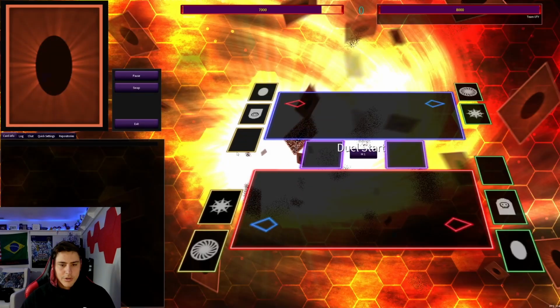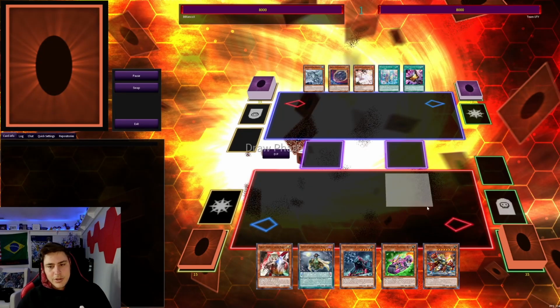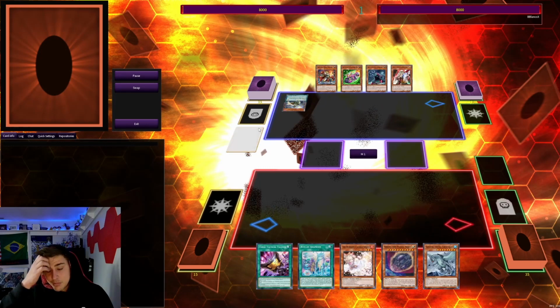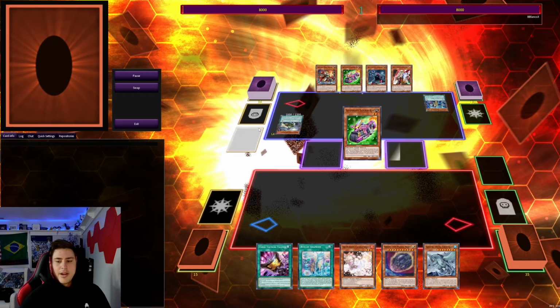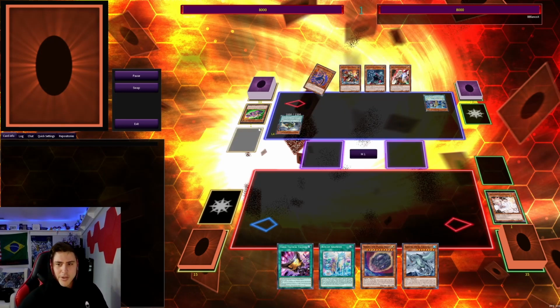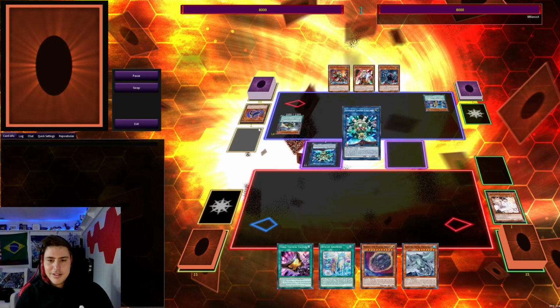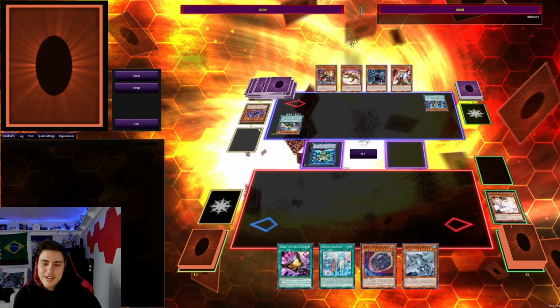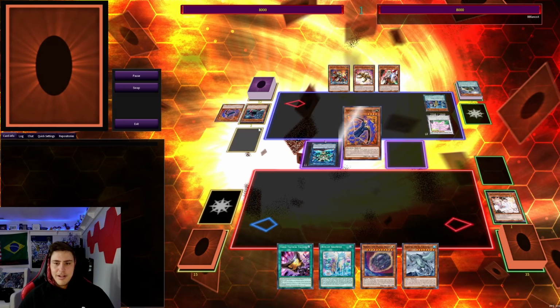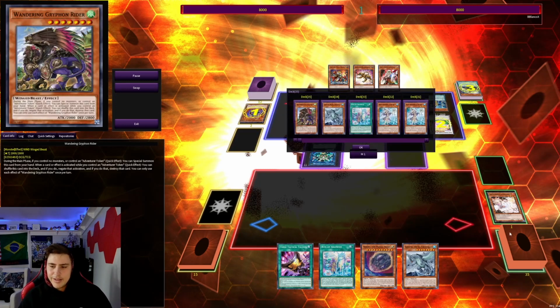So let's go game 2 right now. Game 2, they went first again. Let's swap this so you guys can see this a little bit better. I had Kaiju, Ash, and Nibiru. It's really hard because they really can play through hand traps, and you're gonna see that I get smoked. I was not able to see the field spell, even though you see a lot of stuff. But I did side out